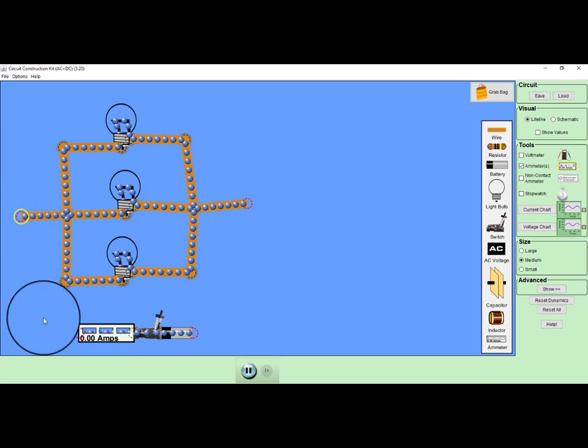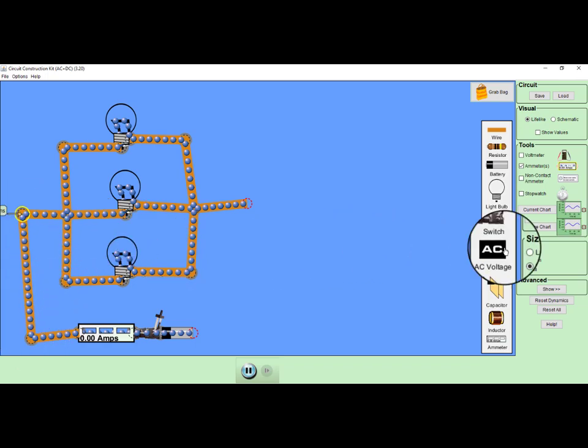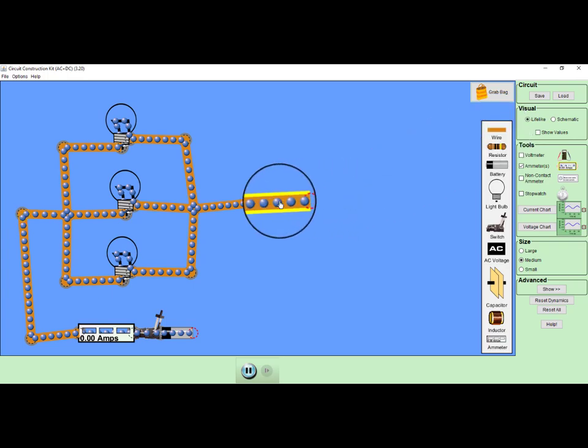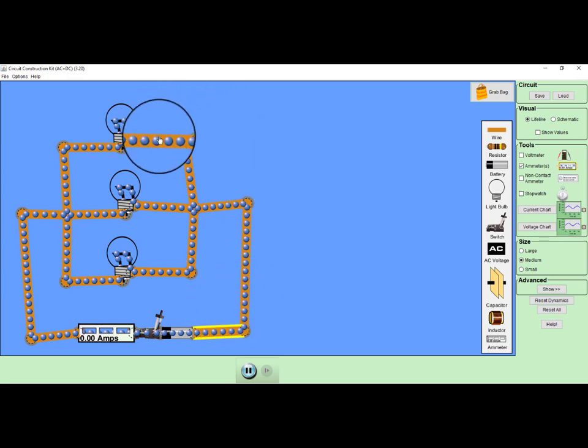Now let us take 2 more wires to have the connection to the supply. I can connect this wire directly here, but just to have a good representation I am taking a few wires like this. Finally this wire. So here there are 3 bulbs which are connected in parallel.